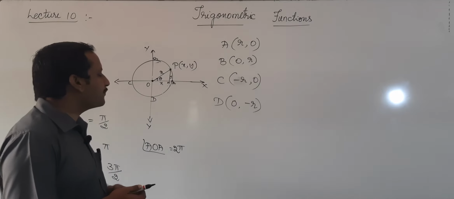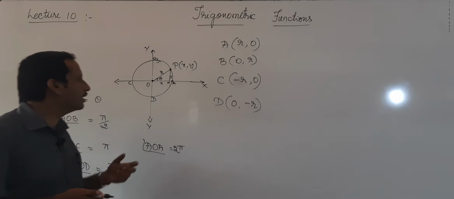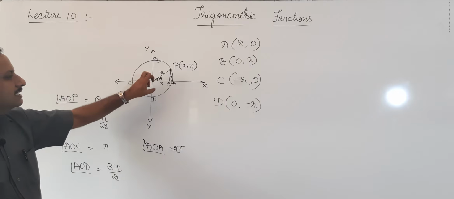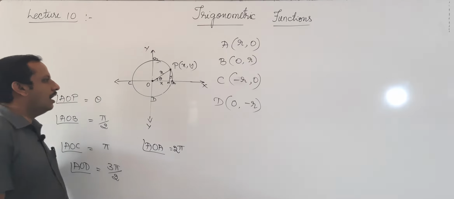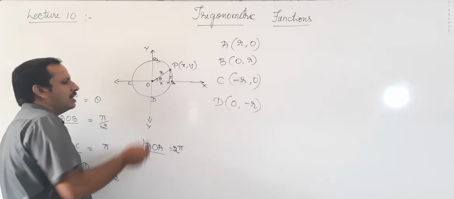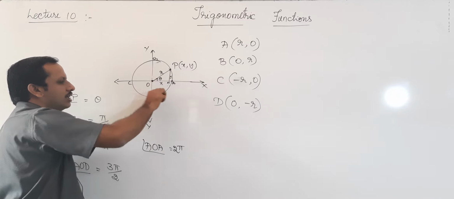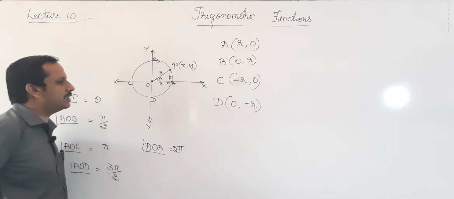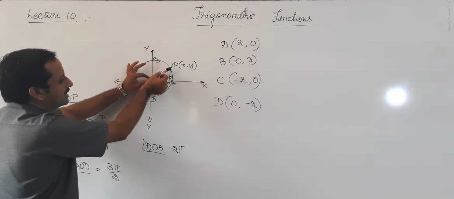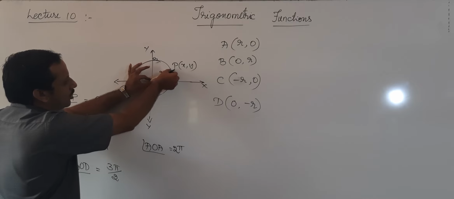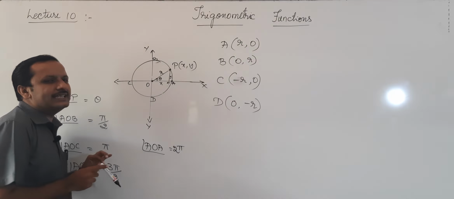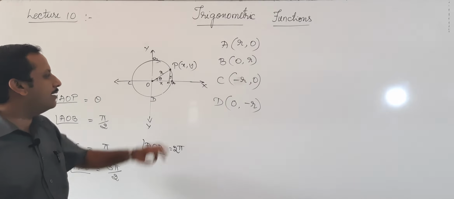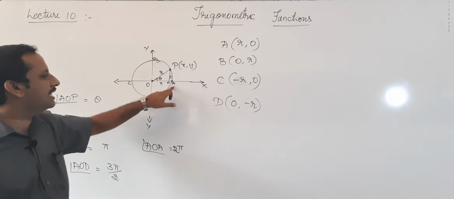So first I would like to find out the value of the trigonometric functions at 0 degrees. So I am bringing this theta to 0. What I do is, I will bring this point P closer and closer to A. As I bring that point towards A, this line OP is coming closer and closer to A. As it comes close to A, this angle theta goes on decreasing, and by the time this point P reaches A, that angle will be 0.